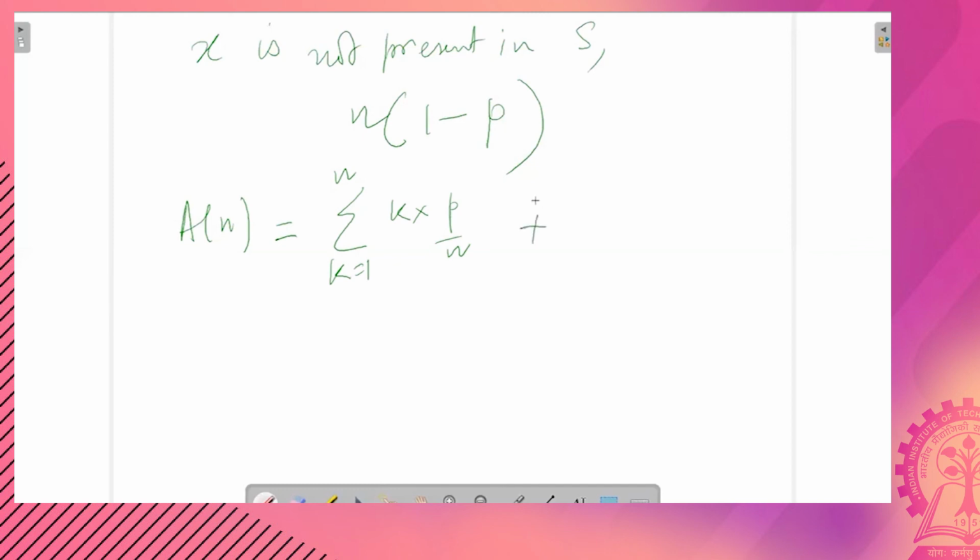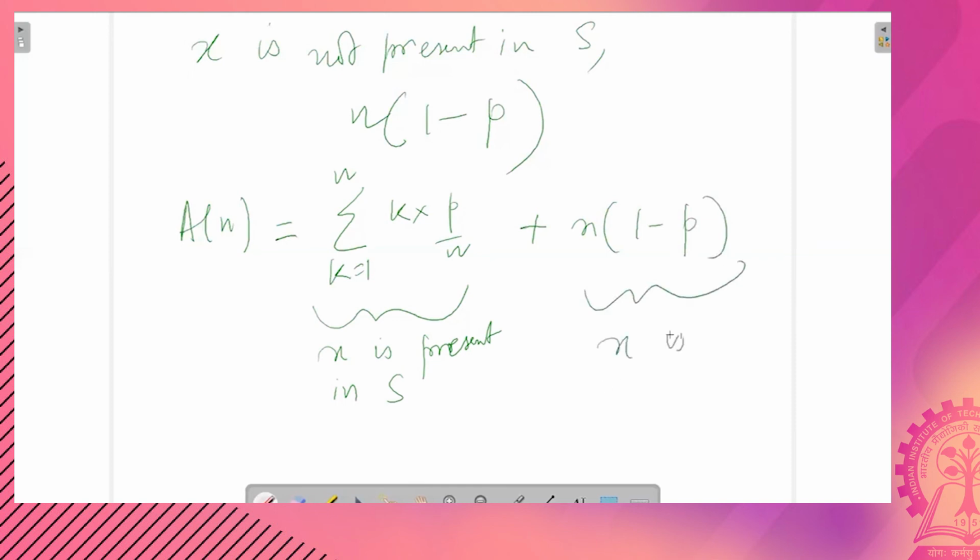This is the part where x is present in S, plus n into 1 minus p, which is x is absent in S. Fine.